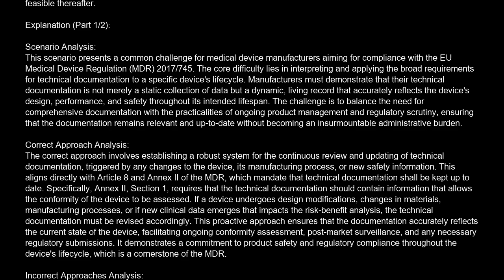This proactive approach ensures that the documentation accurately reflects the current state of the device, facilitating ongoing conformity assessment, post-market surveillance, and any necessary regulatory submissions. It demonstrates a commitment to product safety and regulatory compliance throughout the device's lifecycle, which is a cornerstone of the MDR. Incorrect approaches analysis. One incorrect approach is to assume that technical documentation only needs to be updated if a